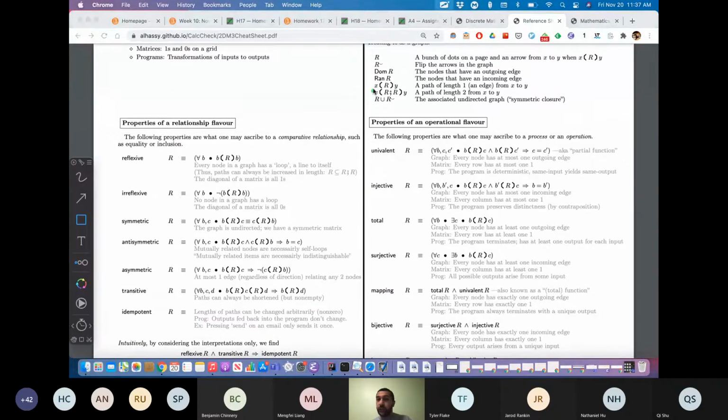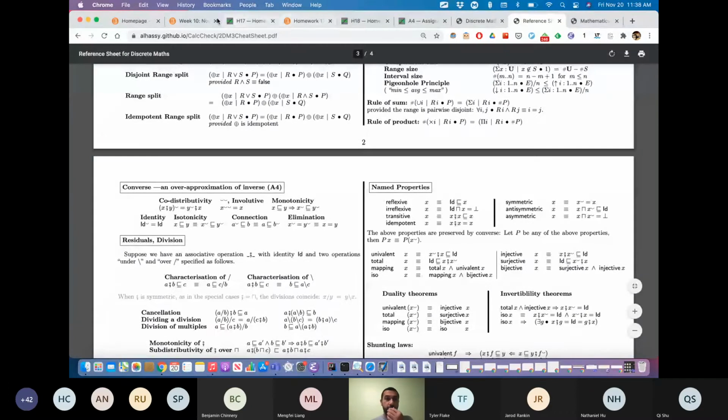And Risha was asking, what does the semicolon mean? And you can think of the semicolon as, and then this other thing. So just as in programming you write a semicolon to sequence programs, in English, you write a semicolon to sequence clauses of phrases. Likewise, we're going to use semicolon here to denote the composition of relations. Okay? Does that help, Risha and friends? Okay. So let's go back to the slides, and please continue asking questions.